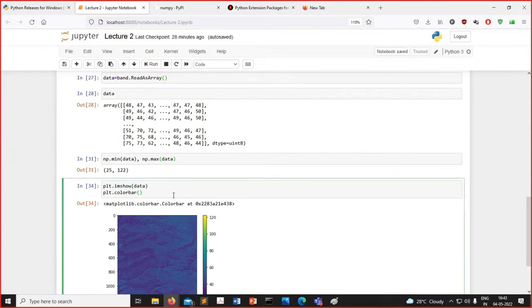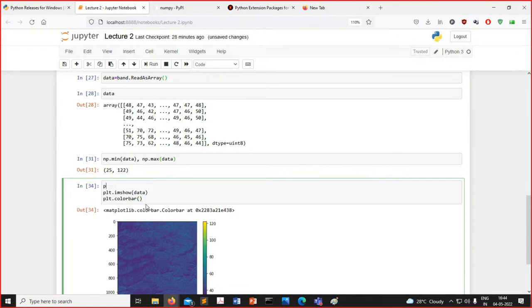The size of this can be increased. The size of this image can also be increased by writing here